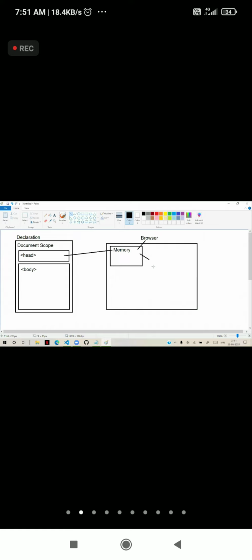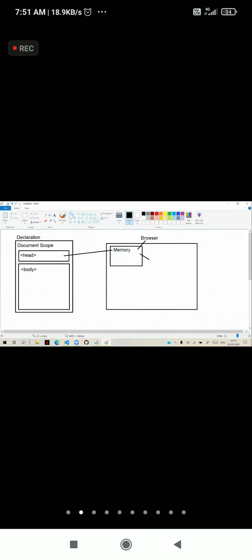That means you have to keep some content in memory and use it later. That is defined by using the head section. So by using the head section, we create it.